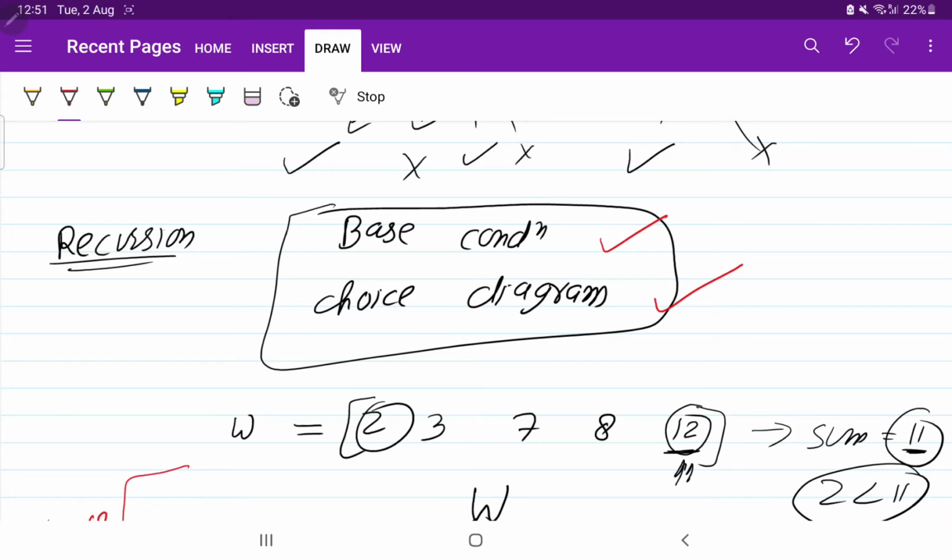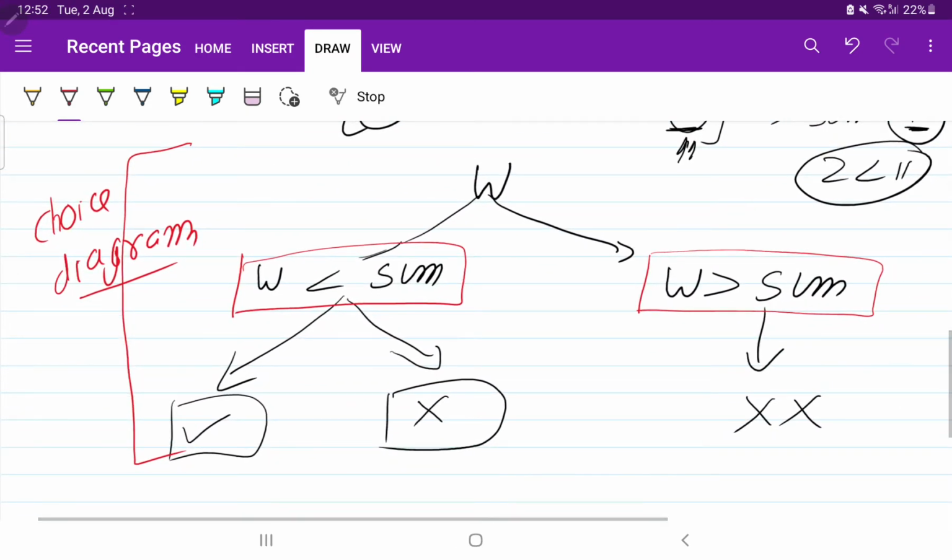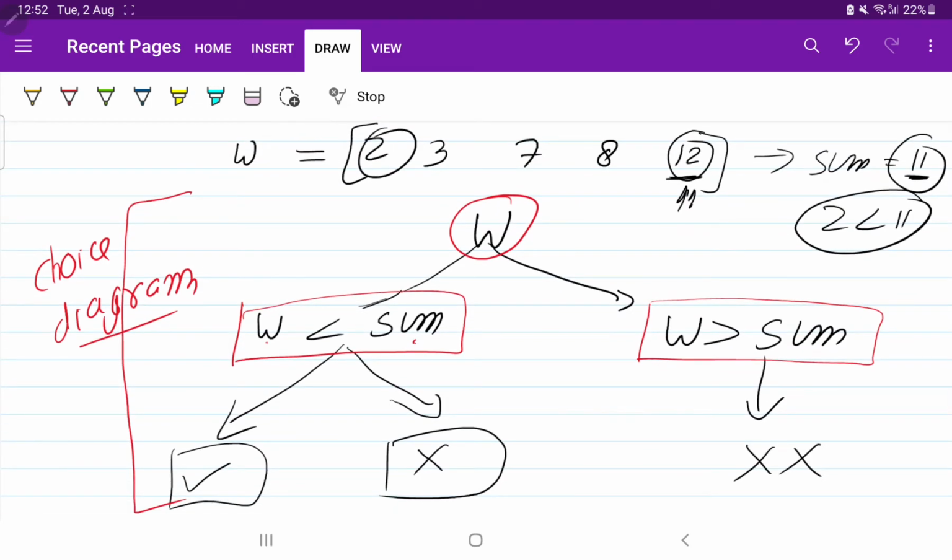If we know these two things, we can write the solution recursively. The choice diagram is very easy. If the element is greater than the sum, we are not going to choose the element. If the element is less than the sum, then we have two choices, whether to take it or not, which we will decide later.